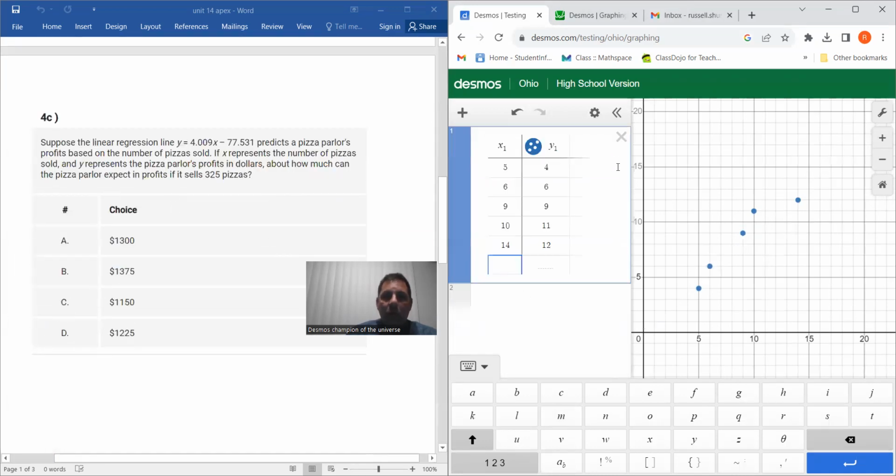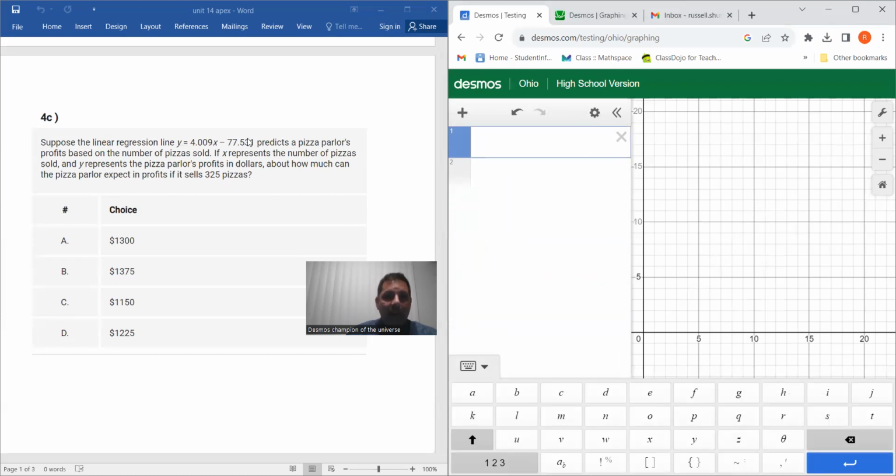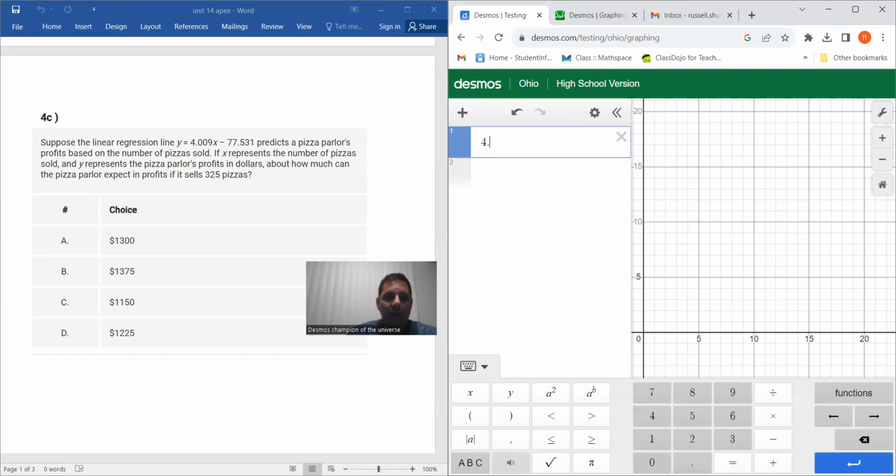Now, suppose we already have an equation that the calculator gave us, and it just wants us to use it to predict how much money we'd make if we sold 325 pizzas. All that means is 4.009 times x. My x is 325 pizzas. And then don't forget to finish the equation. It says minus 77.531. So we made about $1,225 and some change. So the best answer there is going to be answer D,